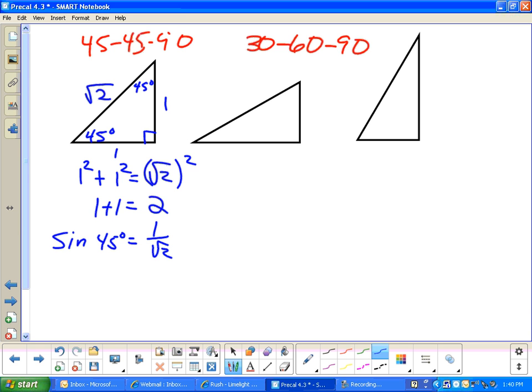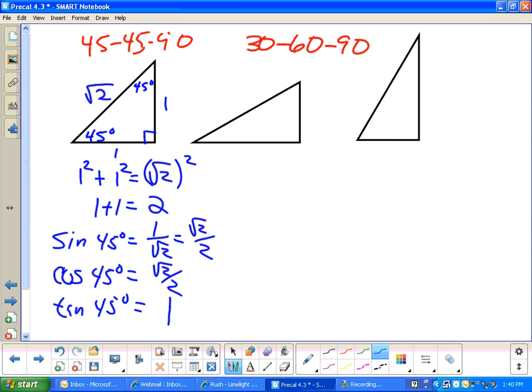This is just SOHCAHTOA, opposite divided by hypotenuse, which is the square root of 2 over 2. The cosine of 45 degrees is also equal to the square root of 2 over 2. And finally, the tangent of 45 degrees, TOA, opposite over adjacent, is 1. If there are any questions about why you get those answers for those particular functions,